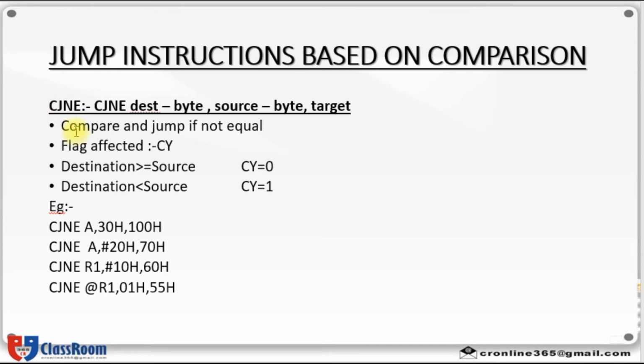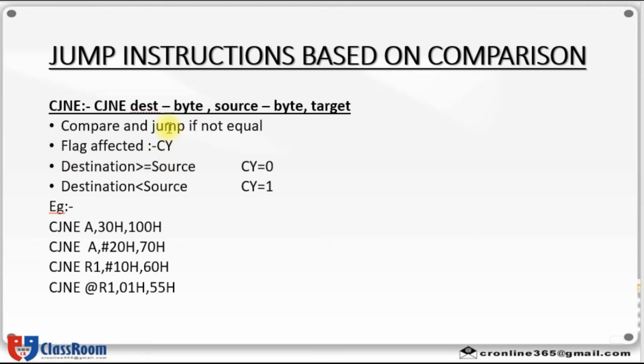If they are not equal, then you have to jump to the specified address location. The syntax is CJNE destination byte, source byte, target. Target means the specified address location. C means compare, J means jump, NE means not equal.